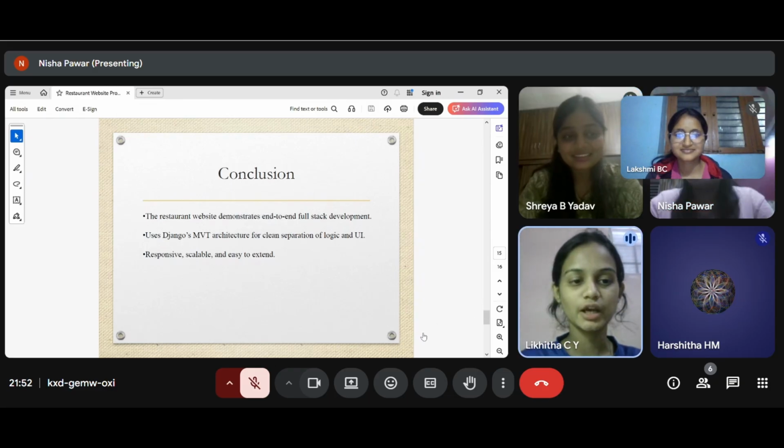In Django, the MVT architecture ensures clear separation of logic and the interface, and the site is responsive, scalable, and